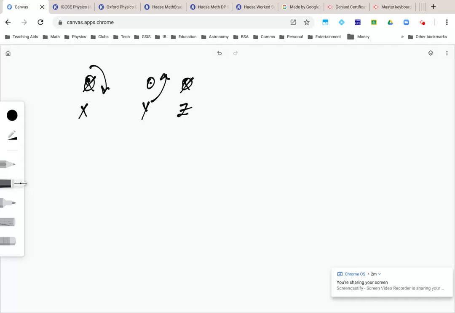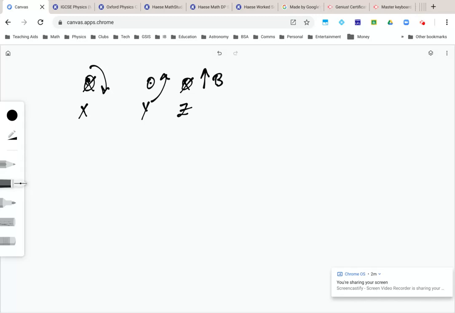So these fields from X extend all the way over here to Z, and these fields from Y extend all the way over here to Z. But since Y is closer, I'm going to have a net upward magnetic field right here at Z. So if B is going upward and the current of Z is going into the page, and my net magnetic field over here is upward since Y is closer, then the force I know